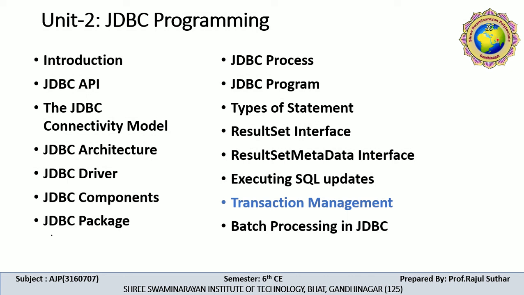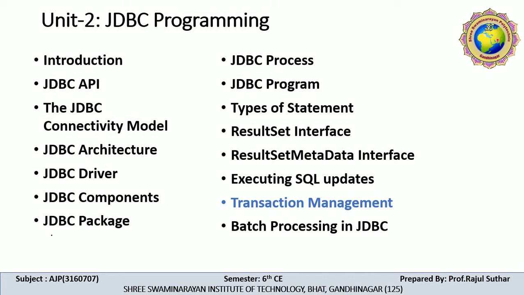In DBMS we already discussed the ACID properties. Transaction management is used to provide data integrity, correctness, application semantics and a consistent view of data during concurrent access. Transaction management is described using the ACID properties: A stands for atomicity, C for consistency, I for isolation and D for durability.